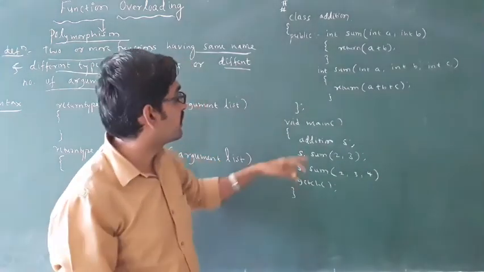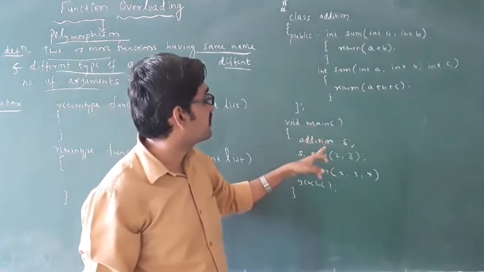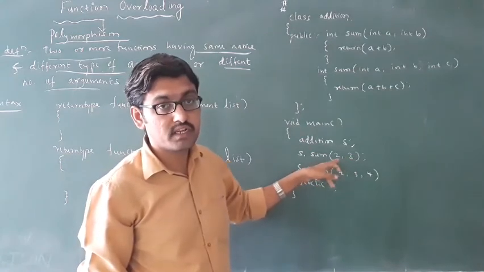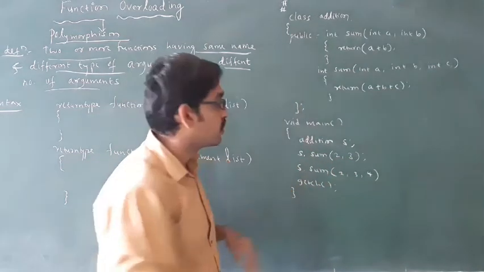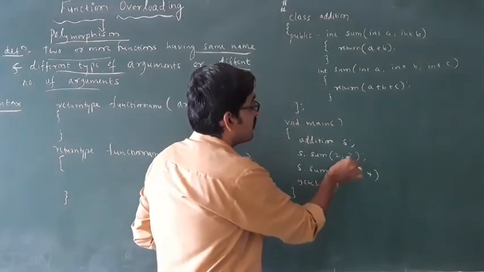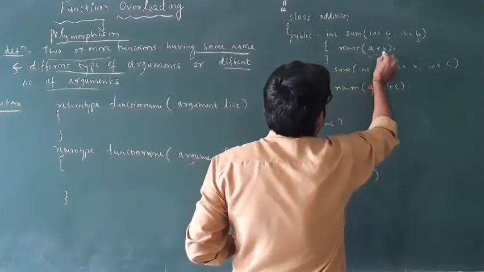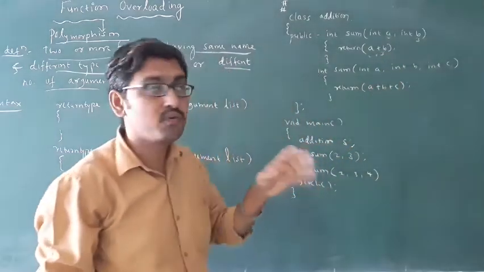See how it will work. See, first the main function calls this function. With two arguments, two values, the answer goes to wherever it is. 2, 3: where does it go? 2, 3, only two arguments, where is it? 2, 3 is there. 2 plus 3, how much? 5 will be returned back.